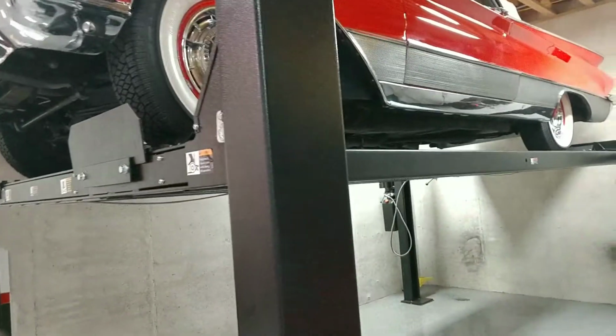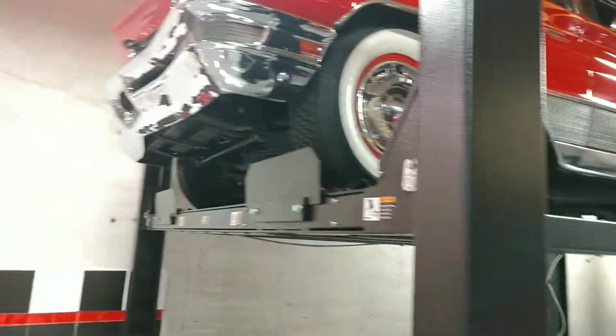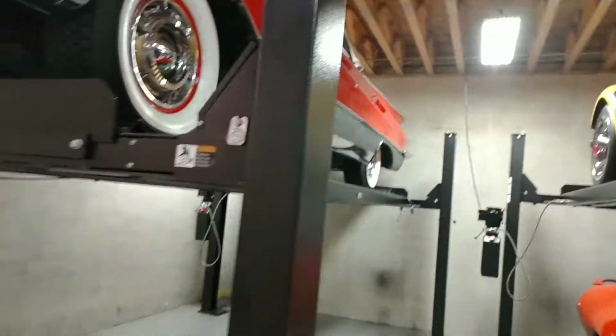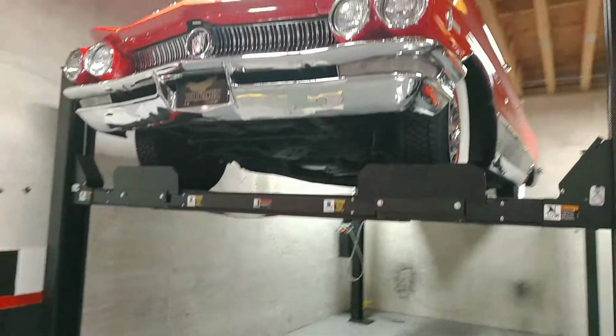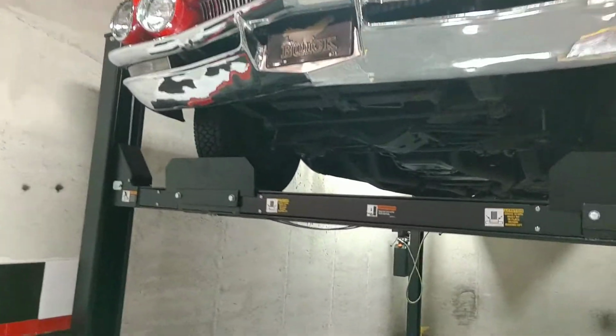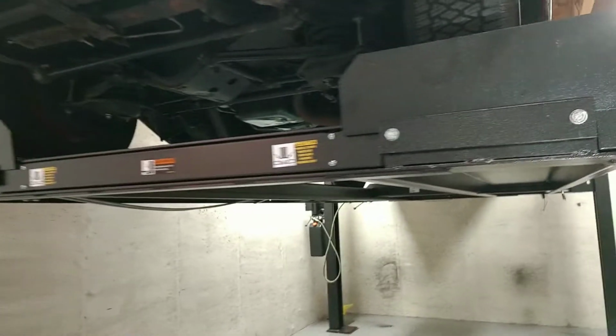So we're gonna take a look at some of the problem areas, talk about what's good, talk about what's bad, talk about what looks original and not original underneath this vehicle, so that our online buyers can be informed. That's the whole basis of how we do it. So, starting at the front bumper here,